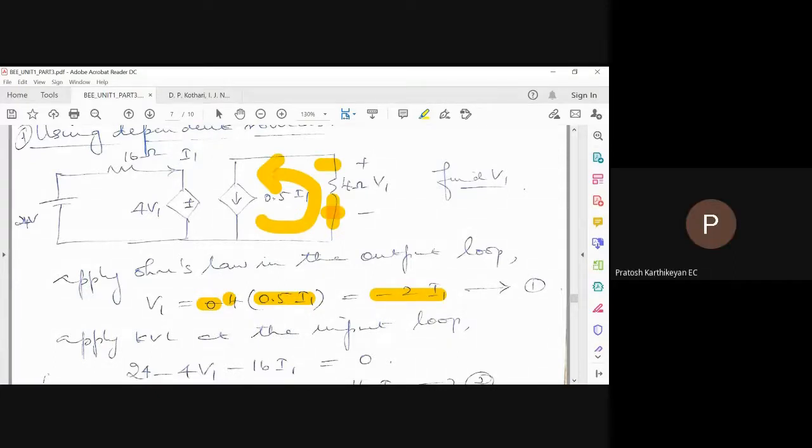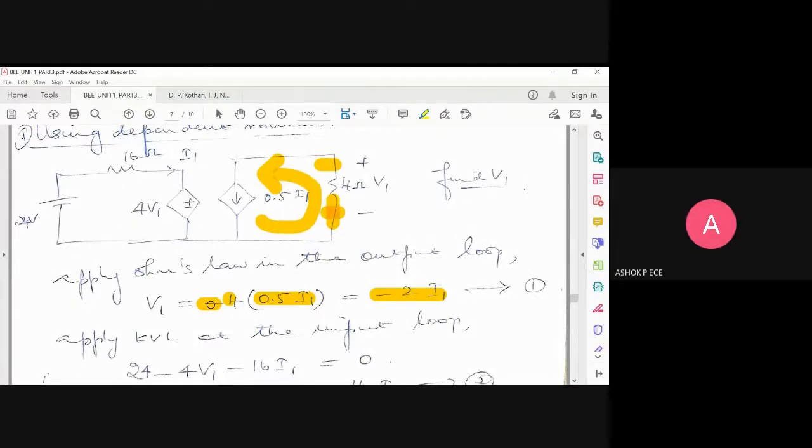Sir, I don't understand why you change the polarity. They have given plus minus, why are you not putting plus? I didn't change. Based on the current, I am writing the polarity. Current entering the node is positive, leaving the node is negative, right? I have marked the polarity. The actual polarity they have given and what is actually coming are both opposite. Correct? That's why I put a minus sign there.